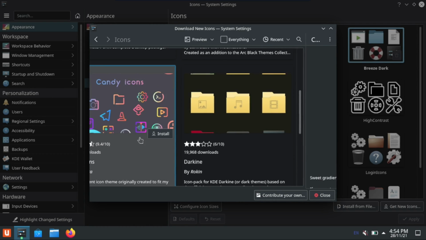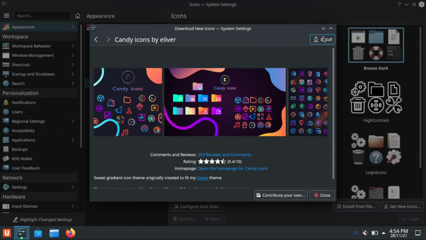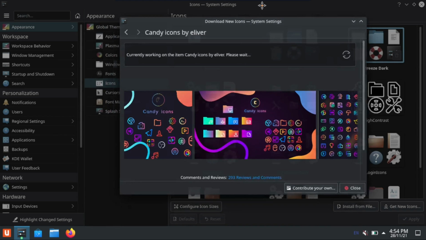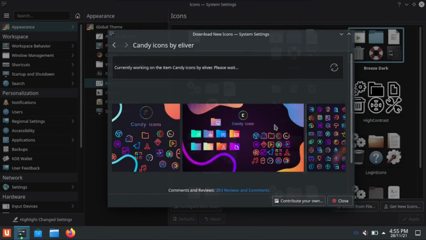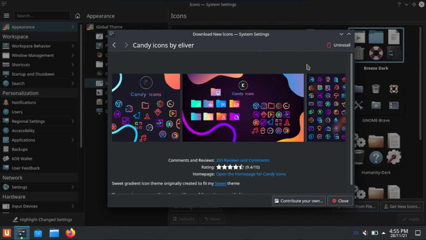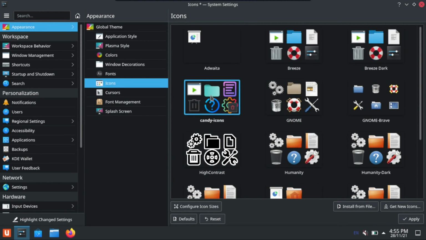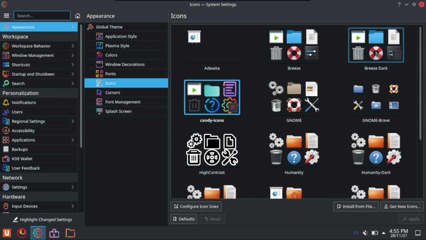As you can see, this is the icon list that I'm going to be using. This is the icon package, and it's not going to take too much time to install. It's just clicking on that, and there we go. Let's hit close. Just search for it, and once you're done with that, select the candy icons. You should see that in the list. Hit apply, and as you can see, the icon looks much better, and you can change to breeze dark